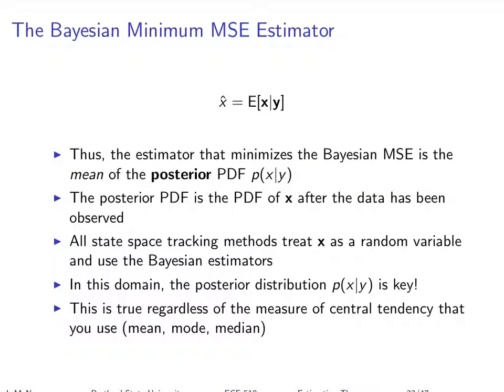The main result of all that is that if we're looking for an estimator that minimizes the Bayesian mean squared error, the estimator that does that is the mean of the posterior, what's called the posterior PDF. I'm introducing a new term, and I've put it in bold here: posterior. The reason this is called the posterior PDF is because it's after you've taken a measurement. It's after you've seen y. Once you know what y is, then you can consider this posterior PDF because it's conditioned on knowing y. So that's where the term posterior comes from.